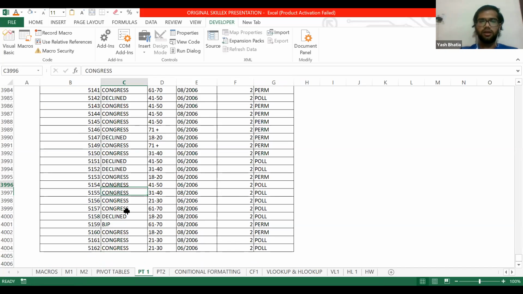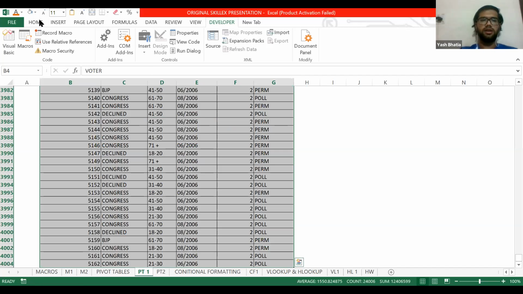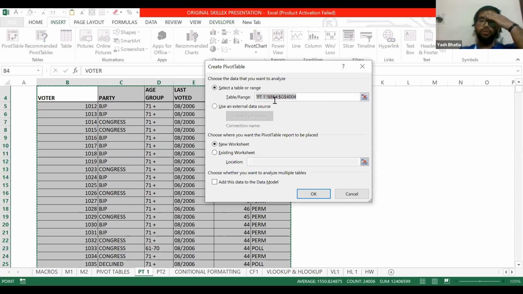So how can we extract meaningful data from it using a pivot table? The first step is to select the whole data, including the titles. Then in the Insert bar, I'll select pivot table. Here the Create Pivot Table drop-down box appears.